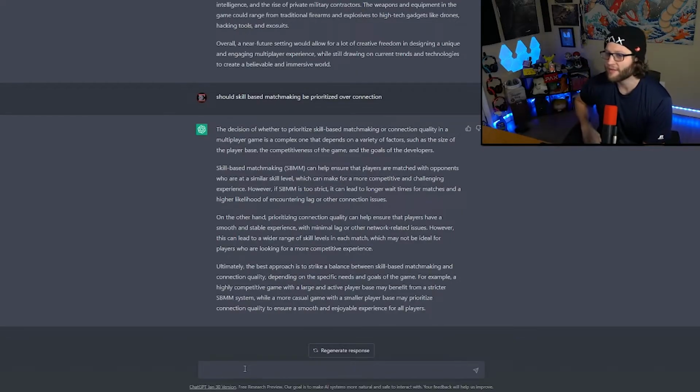On the other hand, prioritizing connection quality can help ensure players have a smooth and stable experience with minimal lag or network-related issues. However, this can lead to a wider range of skill levels in each match, which may not be ideal for players who are looking for a more competitive experience. Ultimately, the best approach is to strike a balance between skill-based matchmaking and connection quality, depending on the specific needs and goals of the game. For example, a highly competitive game with a large and active player base may benefit from a stricter skill-based matchmaking system,